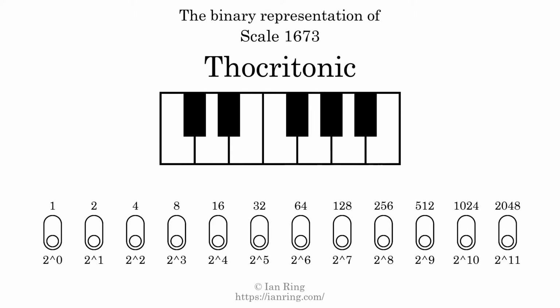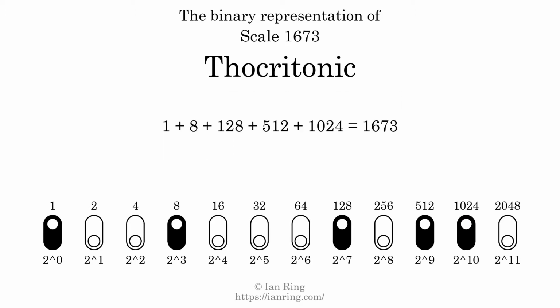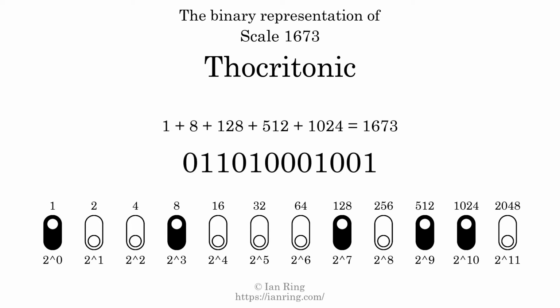The binary representation of this scale is determined by mapping tones of the scale to binary digits. Each binary digit represents a power of 2. To get the scale number, we add the powers of 2 together. The powers of 2 that are present in the scale, all added together, equals 1673. That is why the scale number, in decimal, is 1673. The scale number not only enumerates the scale with a unique index, but it also literally describes the tonal content of the scale. Represented as a binary number in base 2, the scale number is